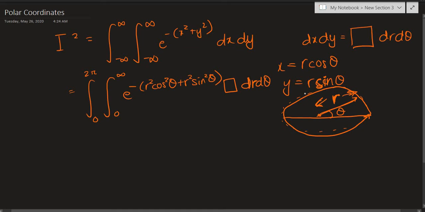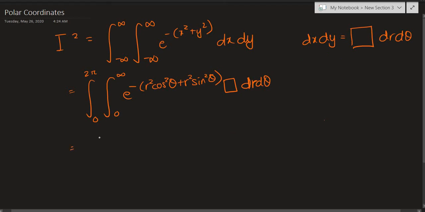Because of that we only suffice with 0 to infinity, because this other part, this negative infinity part, is getting covered up eventually, because theta will be greater than pi, right? So on the interval that theta is greater than pi, this lower portion will also get covered. So we're basically covering all our space by 0 to infinity and 0 to 2 pi for r and theta respectively.